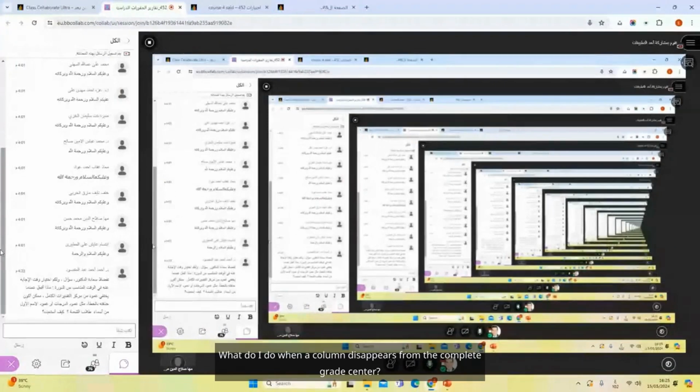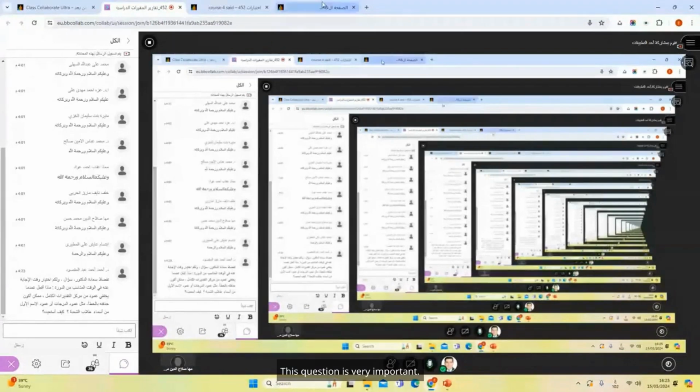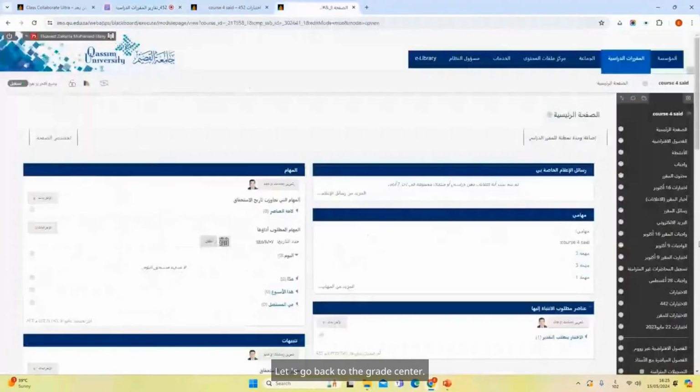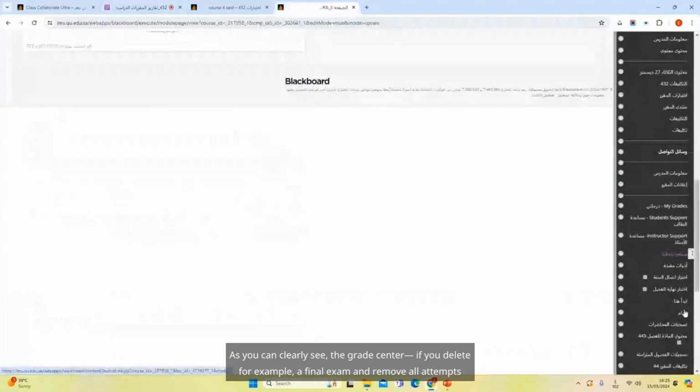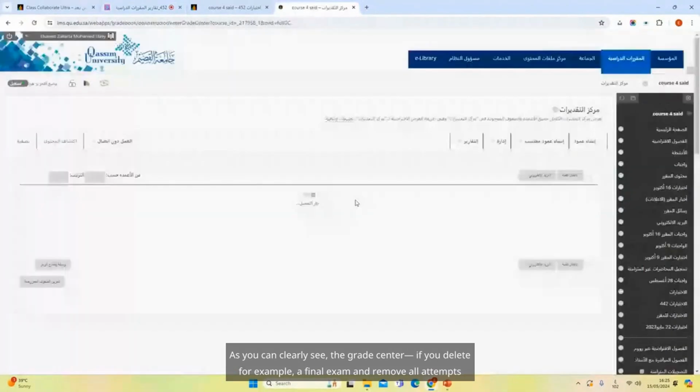What do I do when a column disappears from the complete grade center? This is actually the biggest problem we face. Deleting a column from the complete grade center, such as the name column or the first name column. This question is very important. Let's go back to the grade center. As you can clearly see, the grade center,